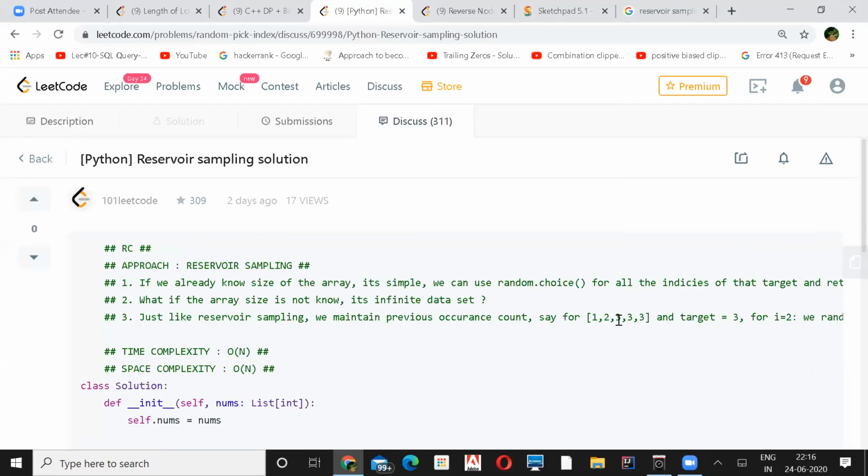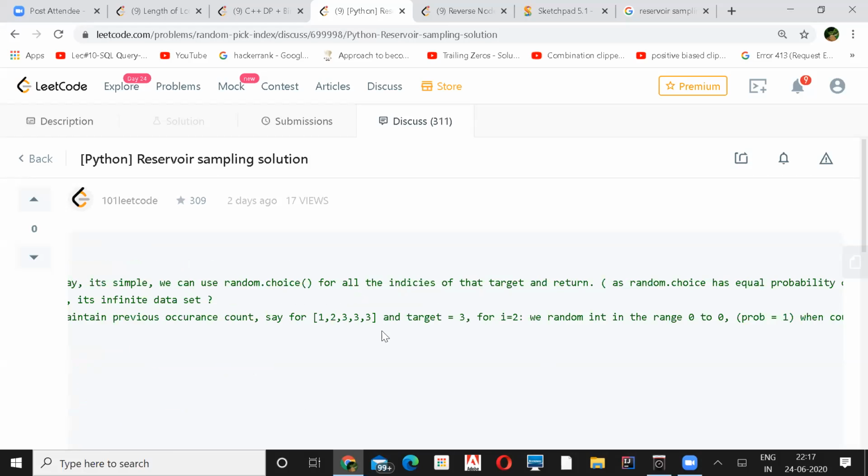So from 0 to 2 you generate any number, and that will give you the probability of picking that index. So when you reach the third 3, 0 to 3, any random number will be generated, and according to that the index will be picked. So this is what they are doing.